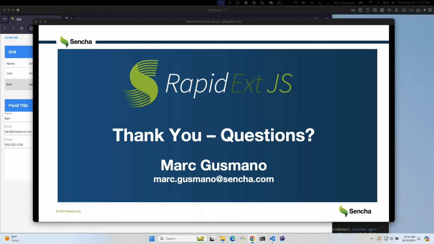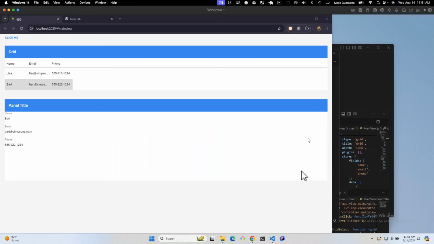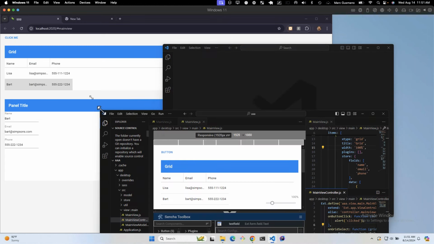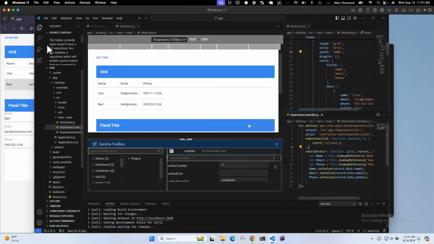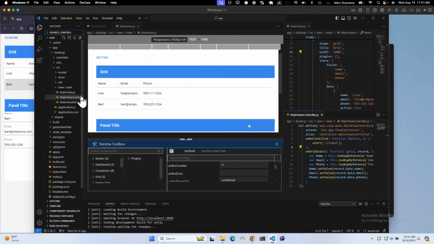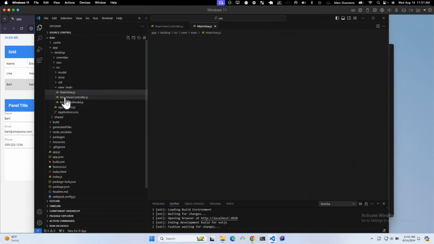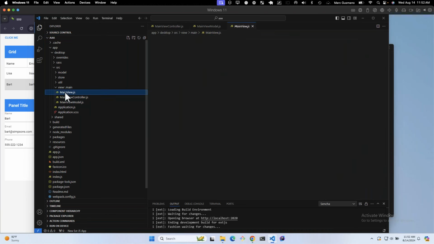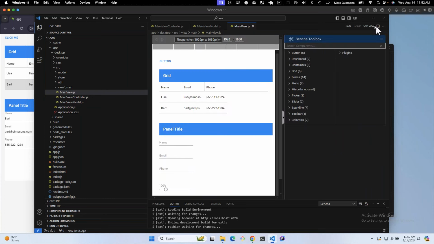As a matter of fact, the example that I was showing you, I didn't really point it out, but if I bring it up again, make this a little bit bigger here, the example actually has a view model. So it not only had a view, but a view controller and a view model, and that view is connected